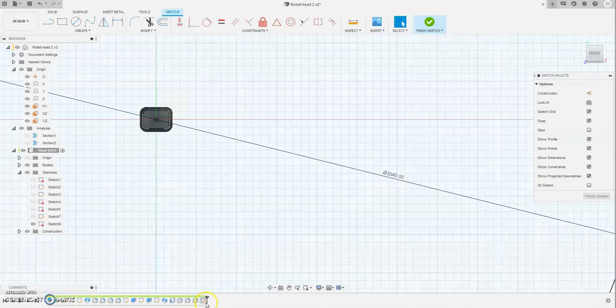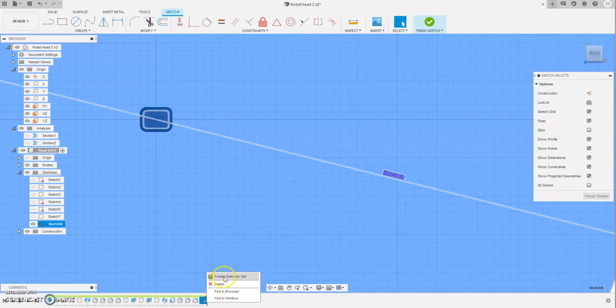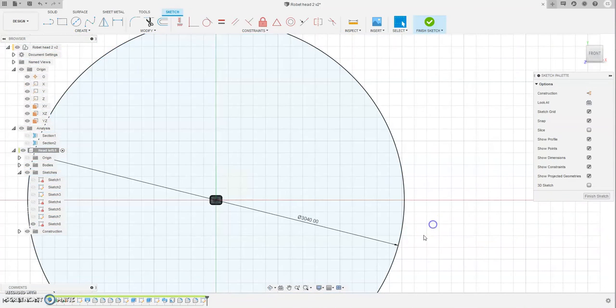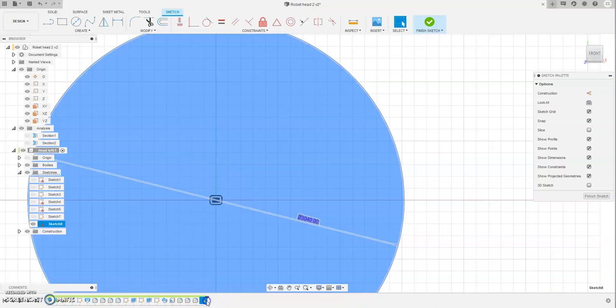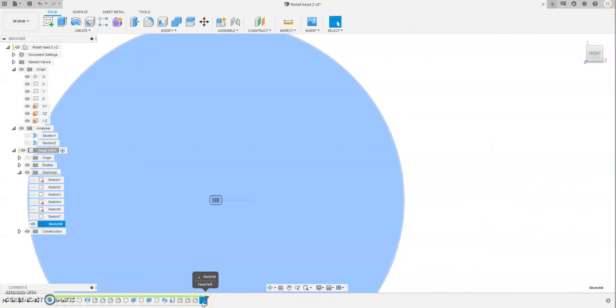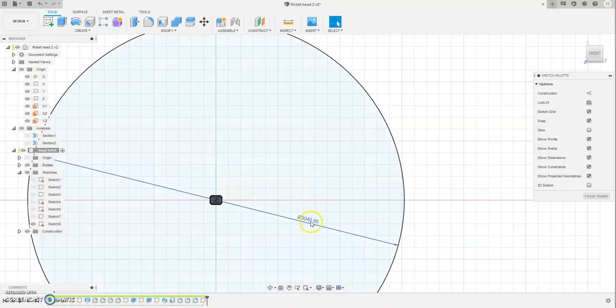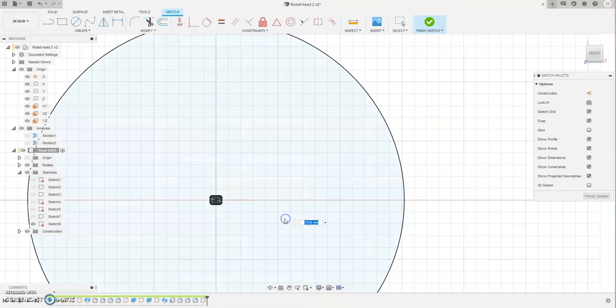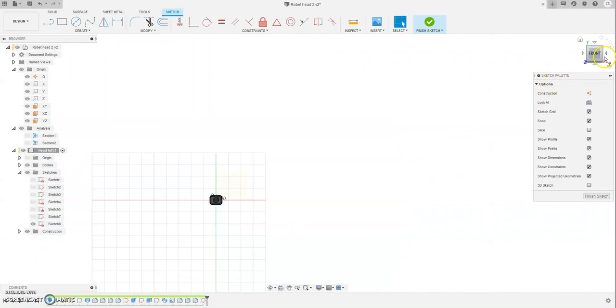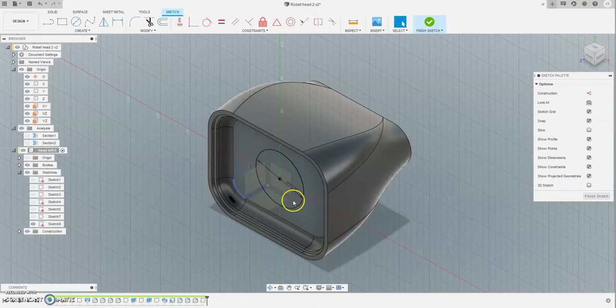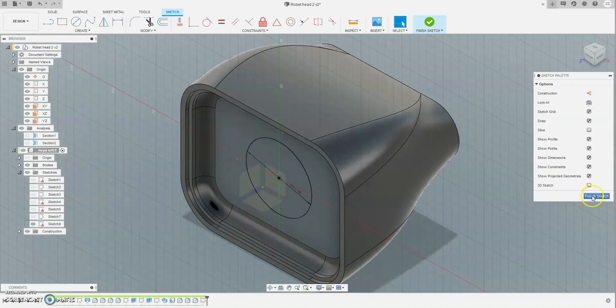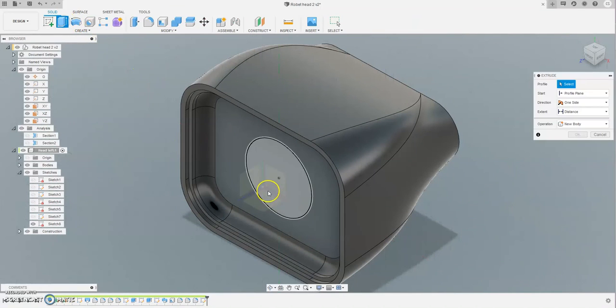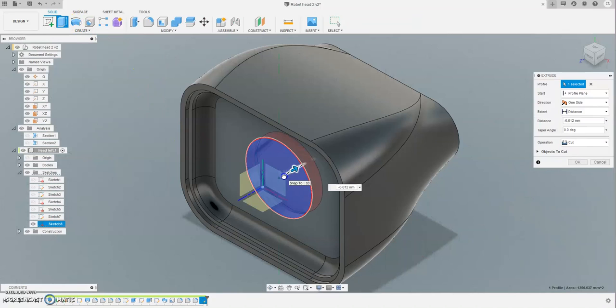So I'm going to go back into that, and I'm going to delete that. I'll try and delete it. Why does it not? Because I'm in the sketch. I suppose I could have just edited that sketch and made it 40. It would be a better thing to do, wouldn't it? Zoom in on that. Yeah, that looks better, doesn't it? Definitely. So I'm going to finish that sketch, and extrude that back in,